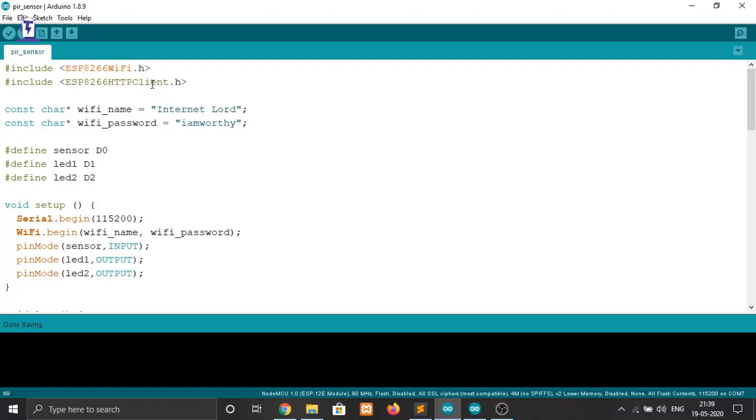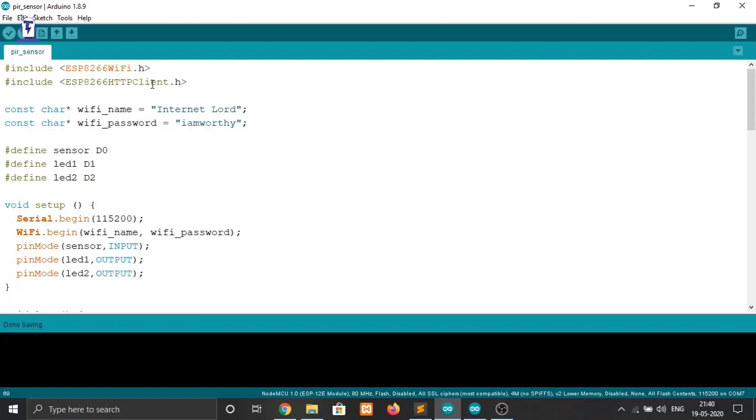Here I am using the sensor, that is, the output pin of the sensor is attached to the D0 pin. I have previously made a video on the PIR sensor, so please go and watch that video so that you get to know everything about the PIR sensor, that is, how the connections with the different pins are made, and then come to this video and you will understand everything about the PIR sensor.